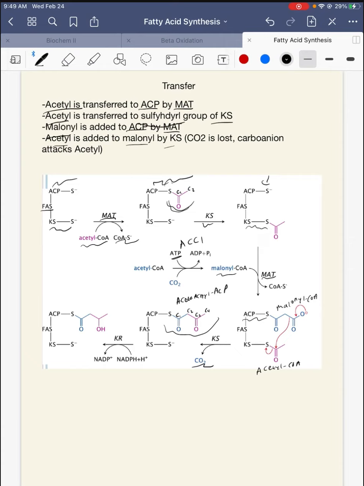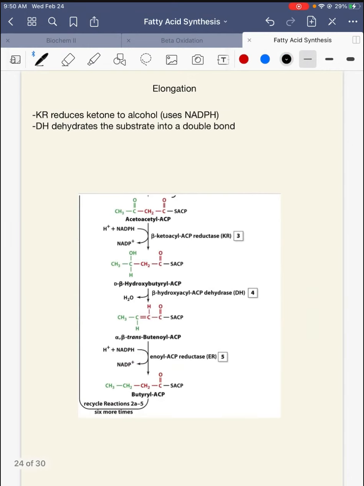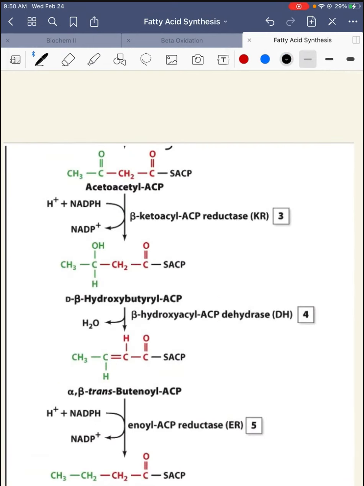So this is the step right here. In that process, CO2 is lost, and this happens when the carbanion we make here on malonyl-CoA attacks acetyl-CoA. The mechanism of this is not as necessary as knowing what's going on. Okay, so now we make our acetoacetyl